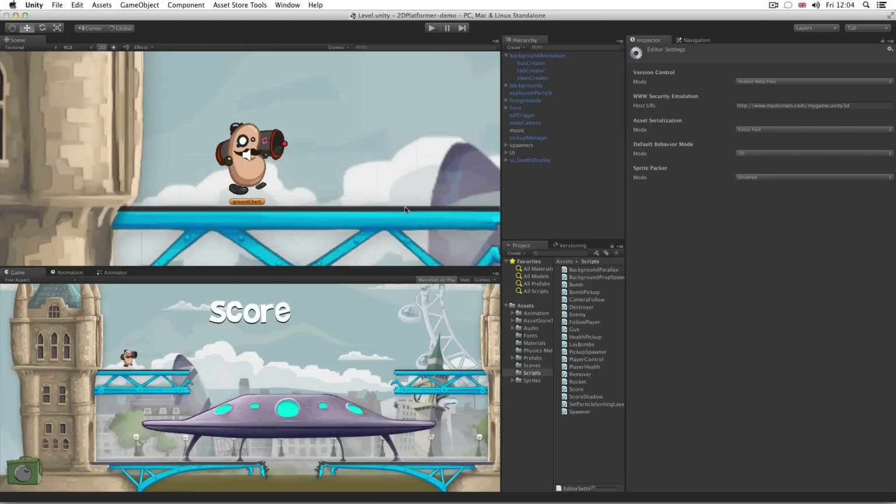games right away. It's worth noting at this stage that you can still mix 2D and 3D in Unity, so if you want to add 3D elements to your 2D game or vice versa, you can do that with no worries. Let's take a look at the demo project itself and how we built it up one stage at a